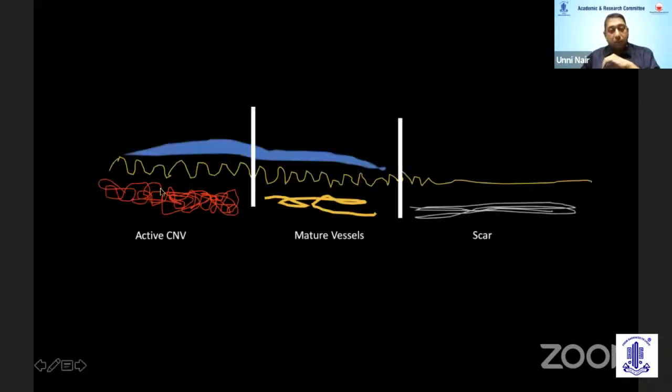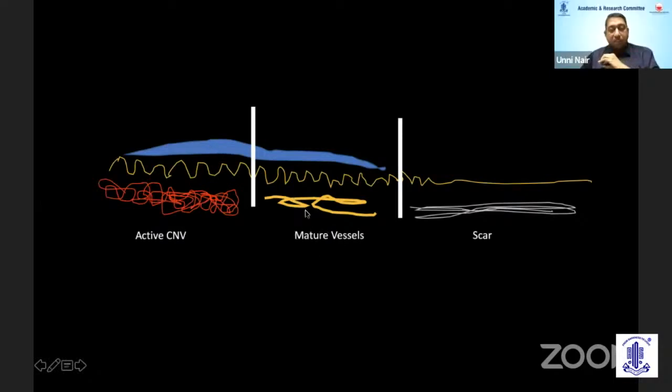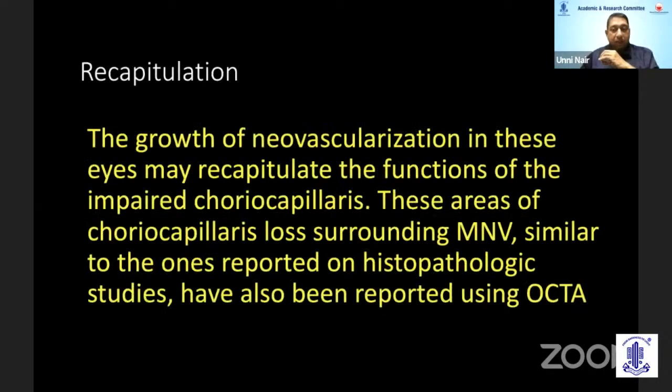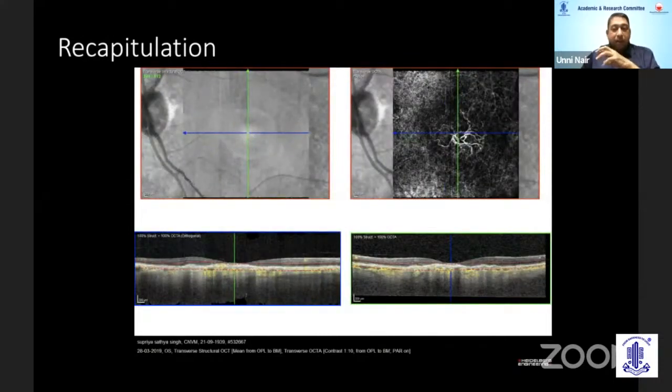This is a small graphic, and you can see an active CNV with a good fluid. I'm just winding up in less than a minute. When the vessels become mature, fluid decreases and the RPE flattens, and when you have a scar, you can have the absence of fluid. A new concept about this presence of fluid is recapitulation of surrogacy. What does it mean? The CNVM itself provides vasculature instead of impaired choriocapillaris, and it feeds the photoreceptors. That is, your CNVM or pathological tissue does the function of choriocapillaris. This is surrogacy. And you can see here a small membrane. Over time, it grows. There is no fluid, but this particular OCT membrane can do the function of choriocapillaris